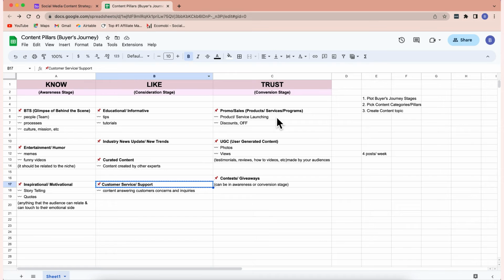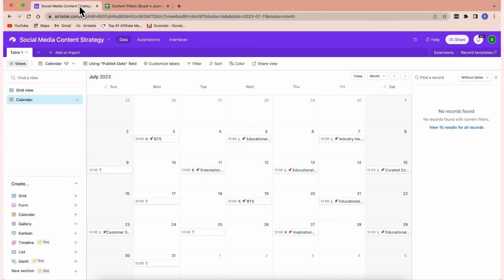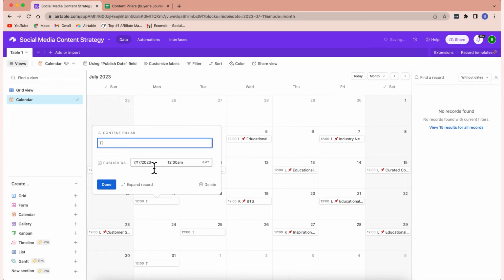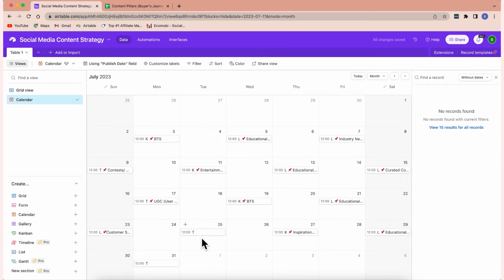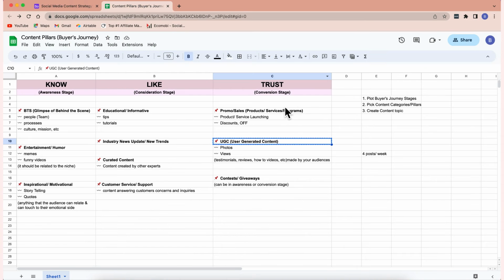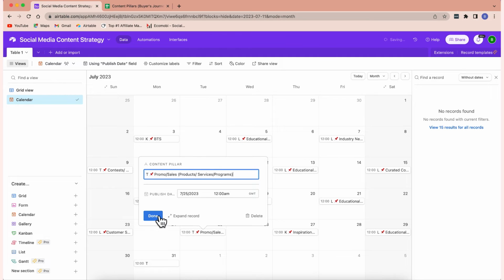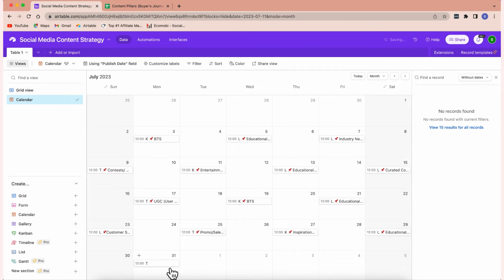And then, for the conversion, I would say, ang uunahin ko is itong pa-contest and giveaways, para mas marami agad na sasali, maraming magla-like, maraming mag-i-engage. Kasi parang double purpose talaga siya for me. And then, itong user-generated content, it depends din kasi if someone did a content for you. So, if meron, you can use that one. Or, you can just put something like this, yung pag-promote mo sa products mo talaga.